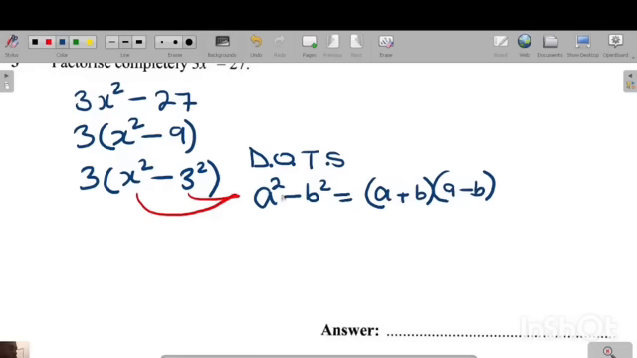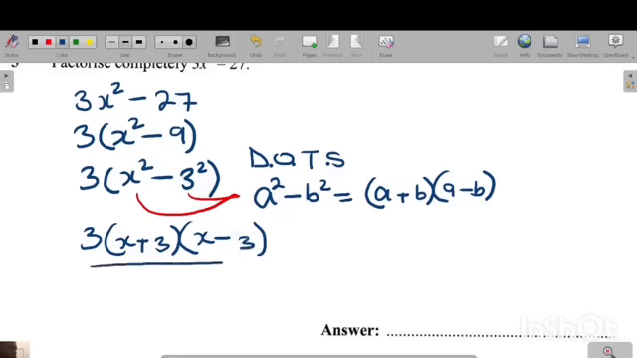when you look at this, this is exactly in this form. So meaning we're going to have 3, open brackets, then plus, minus. Okay, the square root of x squared is x. You also write it here. The square root of 3 squared is 3. You also write it here. Okay, so this is the answer. 3 (x plus 3)